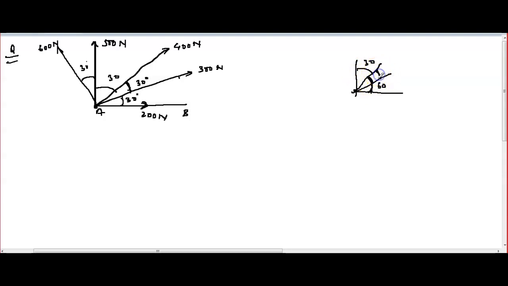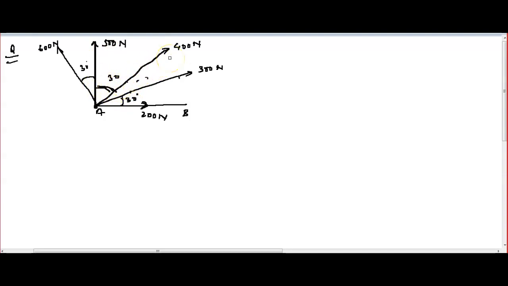But this one, 30, you cannot. If you take 30, then you have to break the components in the horizontal and vertical this way and this way. Last class we have already done, right? Always you have to decompose the forces horizontally and vertically. So that's why we need to find this force along either the x-axis or the y-axis. So anyone you can do it. 30 is already given here, so you can take this one also. Better you can take this only. Leave this one, this is already given along the y-axis.